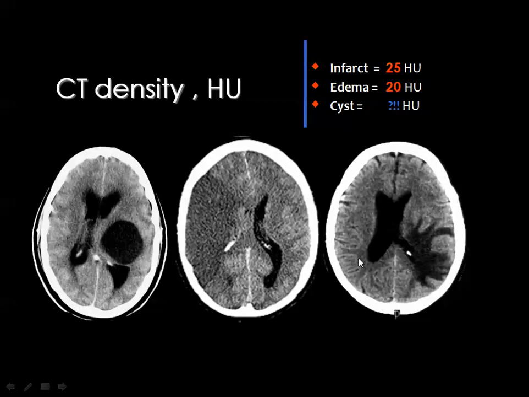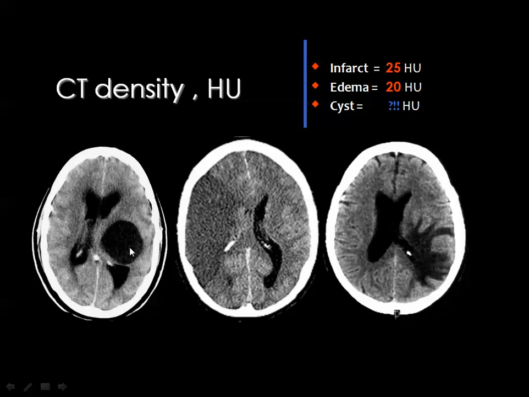Then the infarction or ischemic brain tissue will measure about 20 to 25 Hounsfield units. Brain edema surrounding a tumor or inflammatory lesion measures about 20 Hounsfield units, and a cyst in the brain will